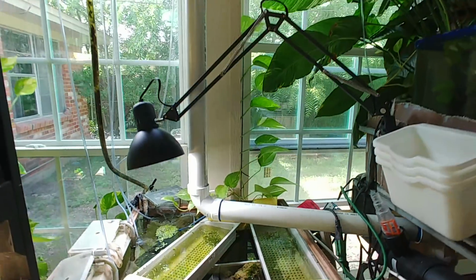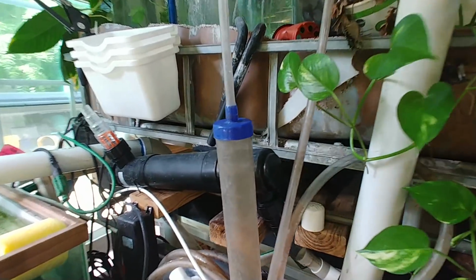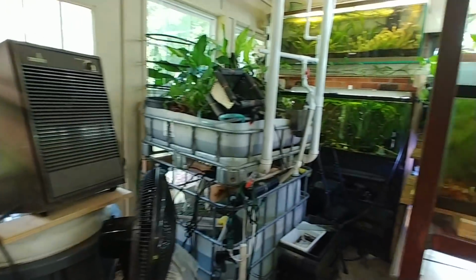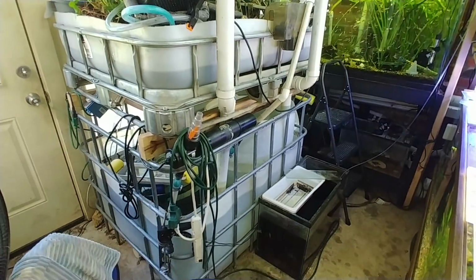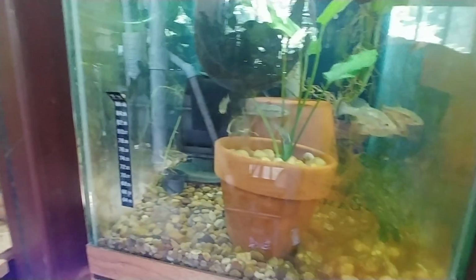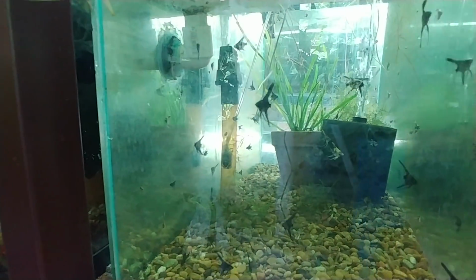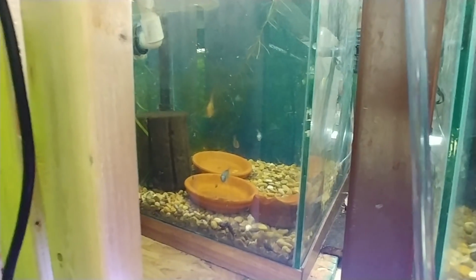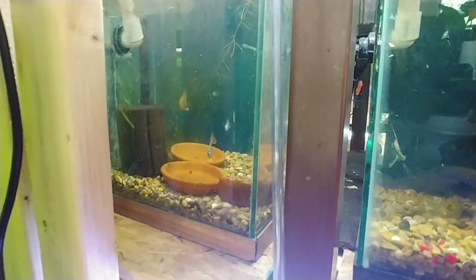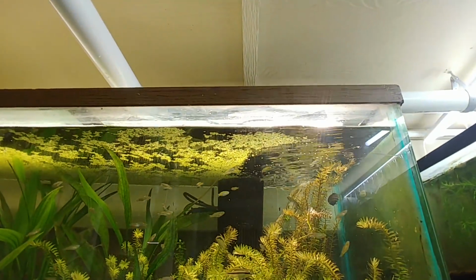Got a bunch of cherry shrimp breeding in here. Of course, we have the grow bed and the sump. We have some cichlids breeding in the sump. That's cool. The other grow bed, the other sump. Some more of the Mecha Splendens over here. Another view of the angel fry. Here's some more of the Rio Swords. That's a few random pistos and some rams in there. If I had some breeding, that'd be great. Anyway, up here, more of the cribs